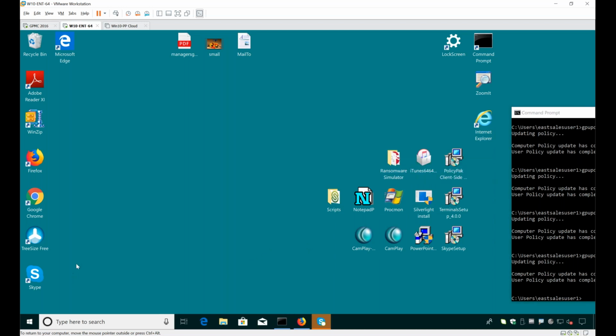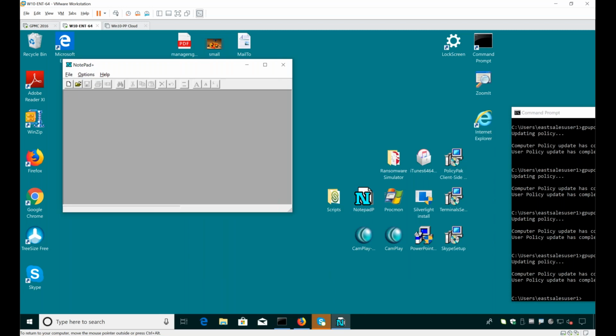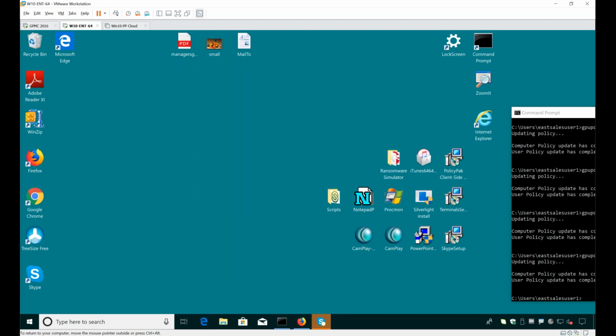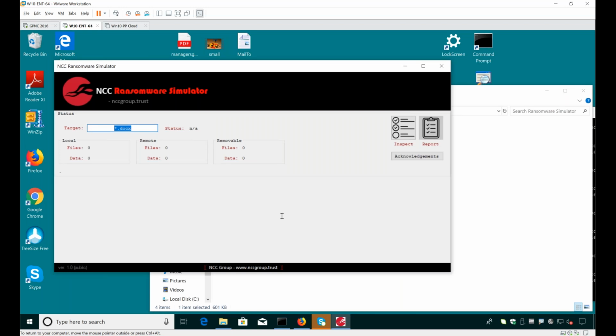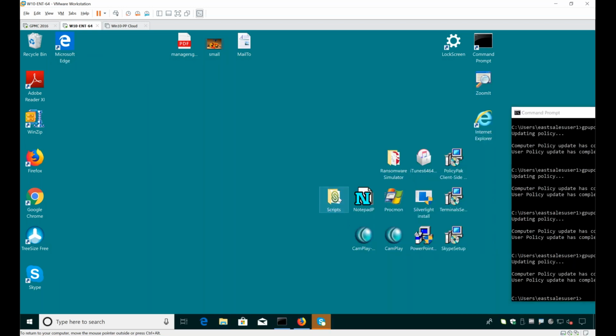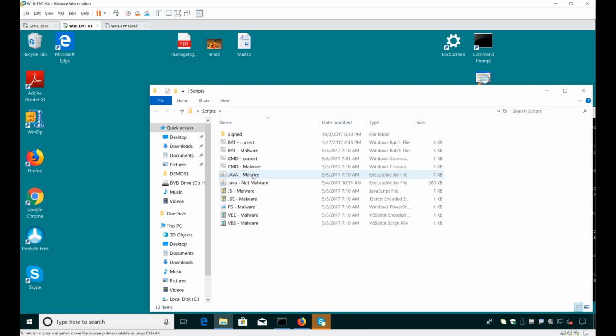All this stuff, we know this stuff you installed, right? We already saw Firefox, that's running, that's all cool. But you don't know, if a user double clicks on something that they download from the internet, what the security and safety of that is. Is the ransomware simulator a ransomware simulator, or is it really ransomware? Is there a script here, or a Java application that they can click on? Who knows? We've got all sorts of bad stuff here. How do we prevent users from running the bad stuff, but keep them running the good stuff?